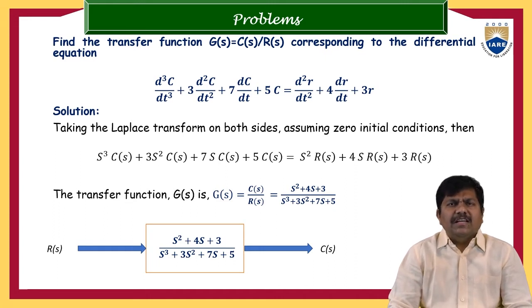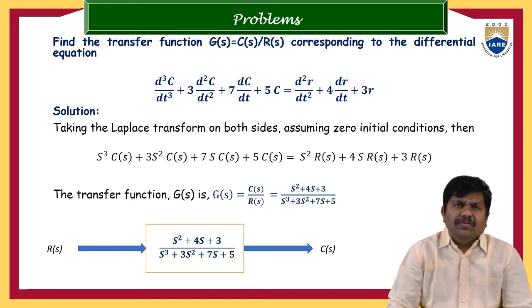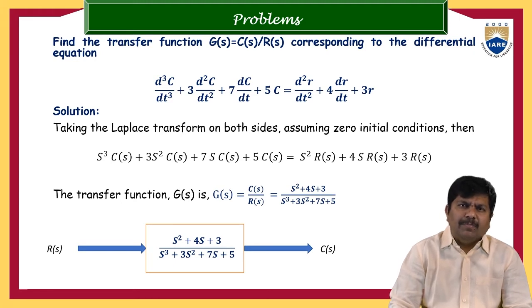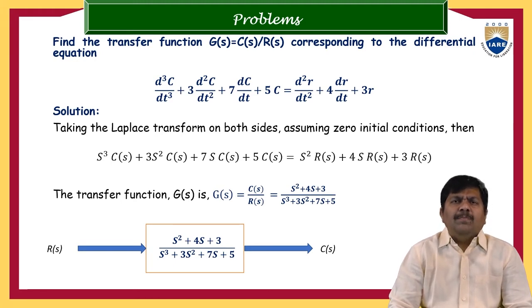Now if any differential equation is given and they want us to calculate the transfer function, you straight away apply the Laplace transform to the whole equation and separate the Laplace transform of output, which is C of S in this example and in the previous example also, and the Laplace transform of input, which is R of S. So you separate the two terms and just rearrange the equation. Finally we will get the Laplace equivalent of output to the Laplace equivalent of input.